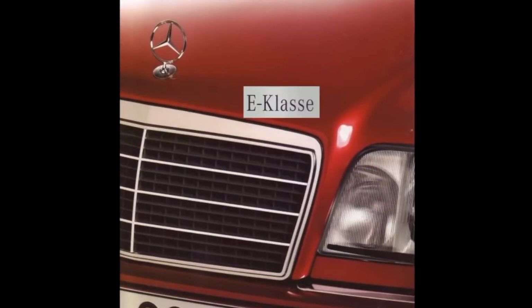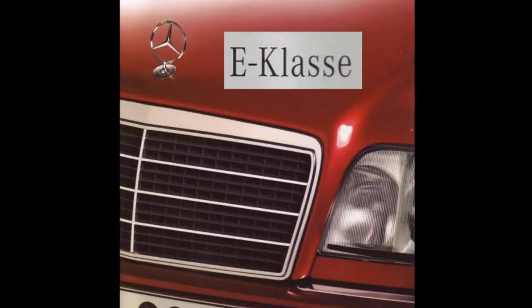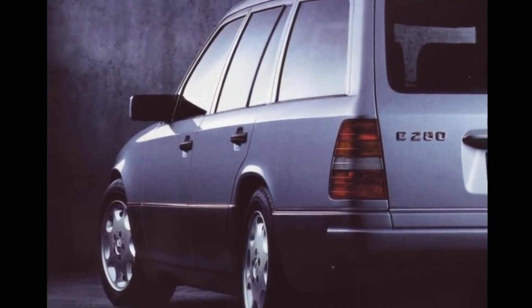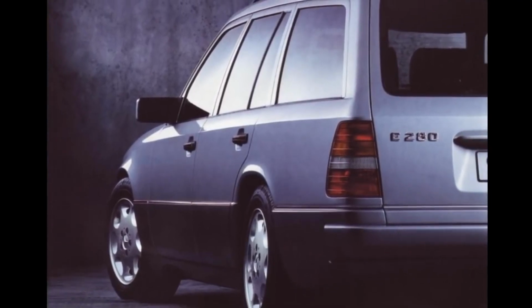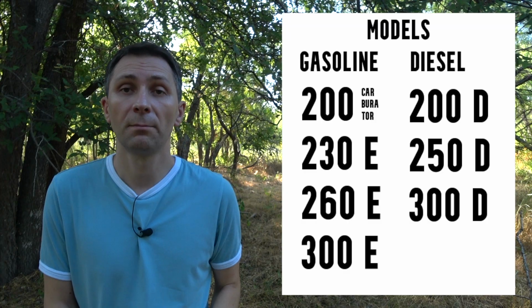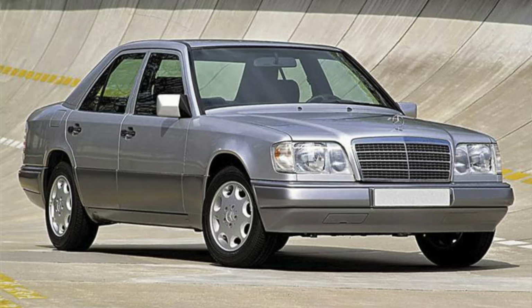And one of the most significant events in the history of the W124 model happened in 1993. It received the E-Class designation. Executivklasse. E-Class stands for Executive Class or Business Class. Due to this new naming innovation, now every submodel gets a new letter E designation before the index, like E280 or E300 Turbo Diesel. But as we know earlier, the letter E stood for fuel injection, and